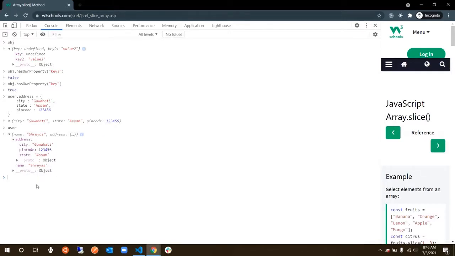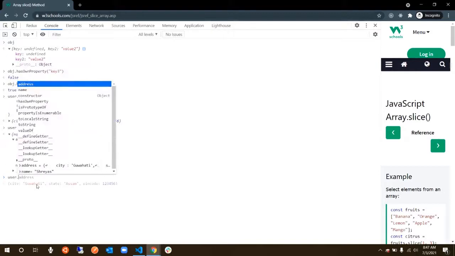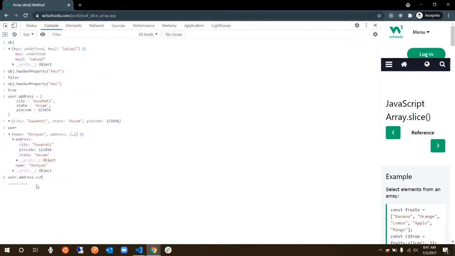So for example, say you moved back to Bangalore. The pandemic is over now. You are doing a job in Bangalore, one of the reputed companies in Bangalore. If you want to change the city and then state now, how would you do it? You have to do user dot address dot city. You see, this is what I meant by accessing nested object. So just keep doing dot dot dot dot.